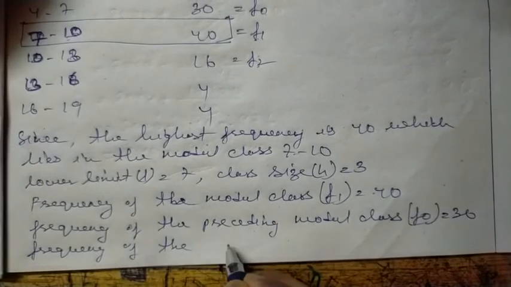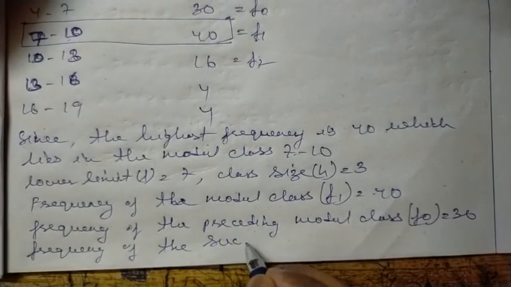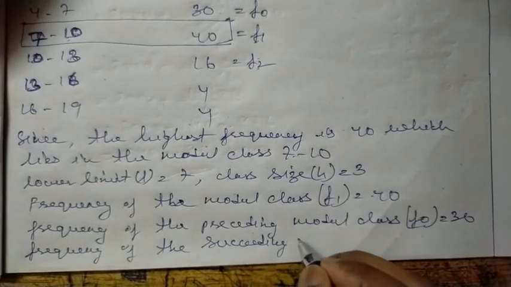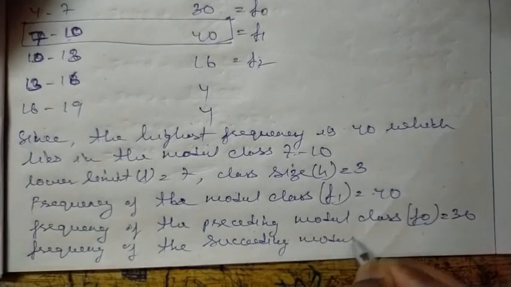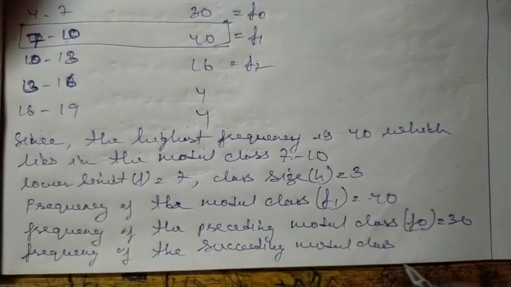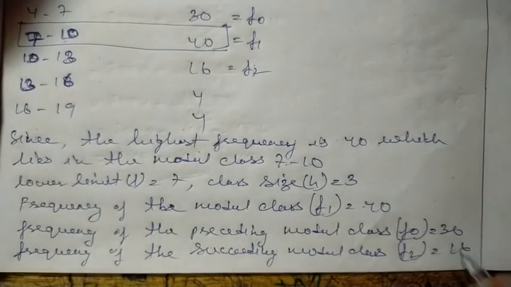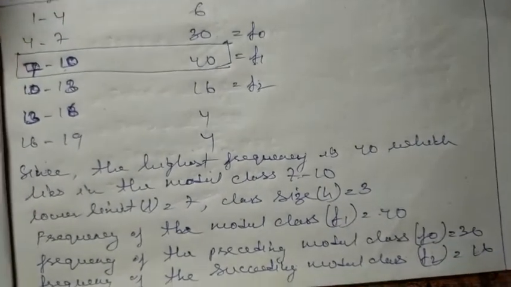Frequency of the succeeding modal class, that is F2 is 16. Okay,